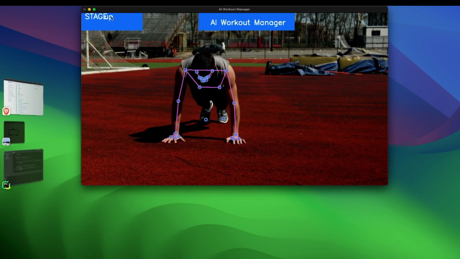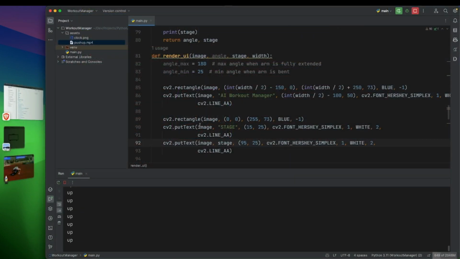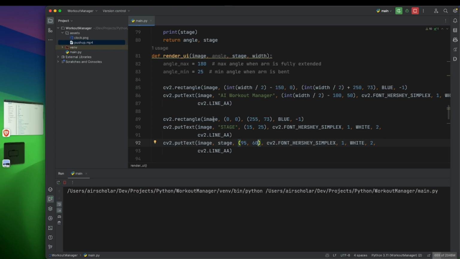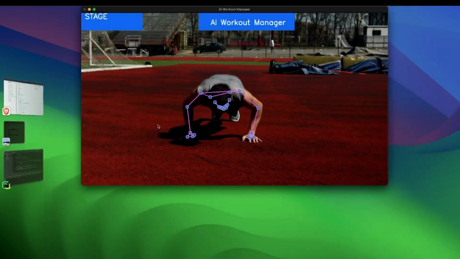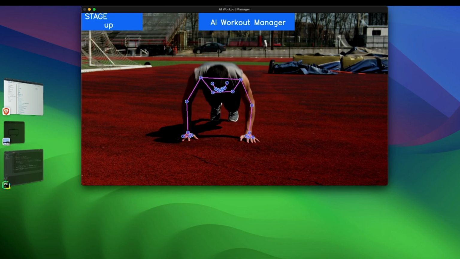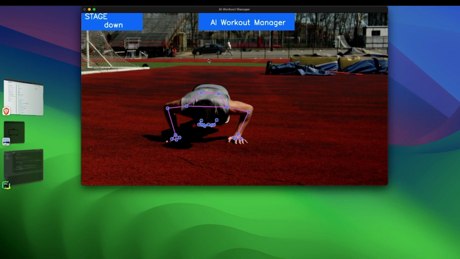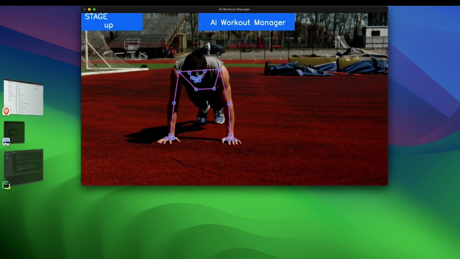Yeah, up, down, up, down. So let's move it down a little bit. So instead of 95, we can maybe move this down a little bit to maybe 60. Yeah, down, up, down. Okay, perfect. So what we just need to do